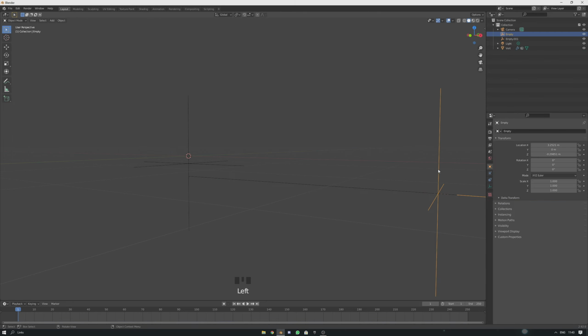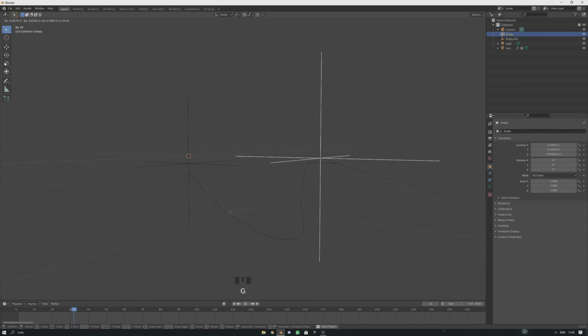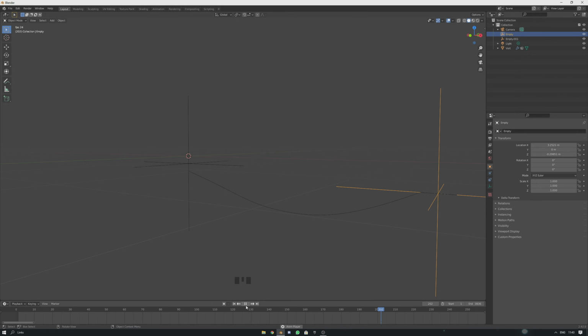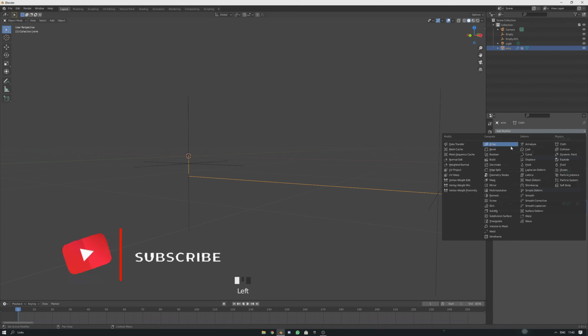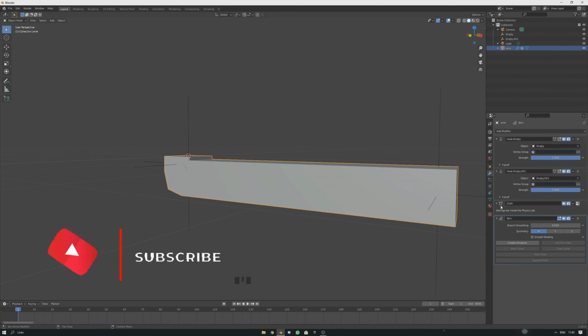So now when you are going to play, I'll just give us a bunch of frames. Play, you can see our cloth is simulating, or our wire is simulating pretty well. So now that we have got ourselves a good simulation, we need a wire. So we get into modifier stack, select this object, which we could rename as wire for now, and then in the modifiers wrench, search for skin. It should be in Generate, Skin over here.